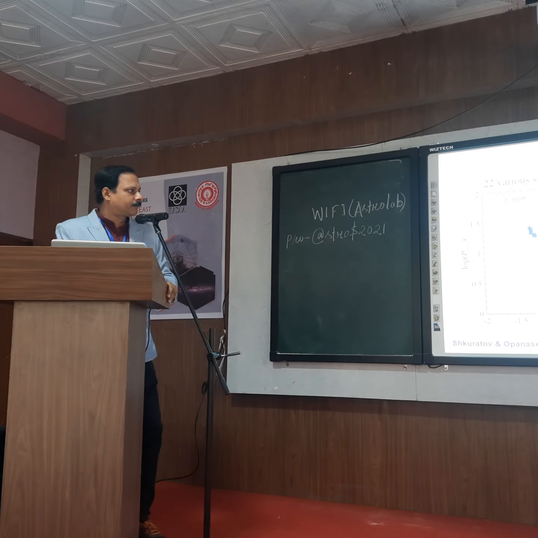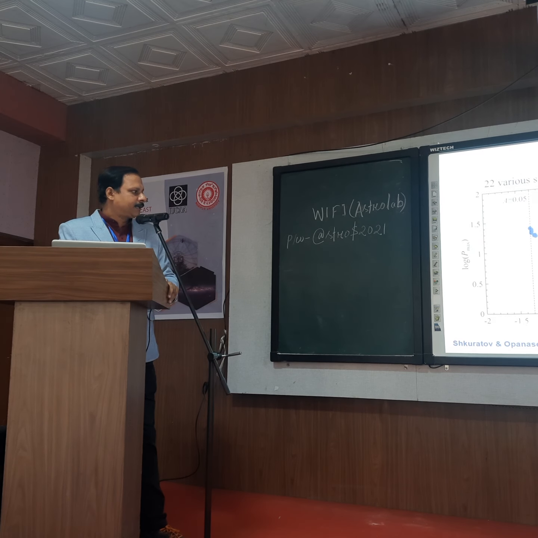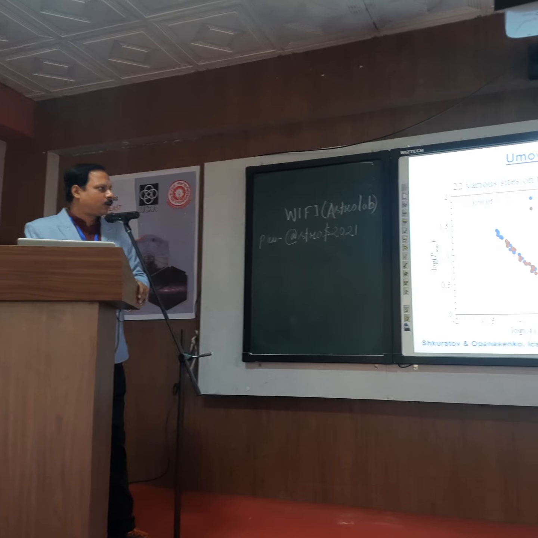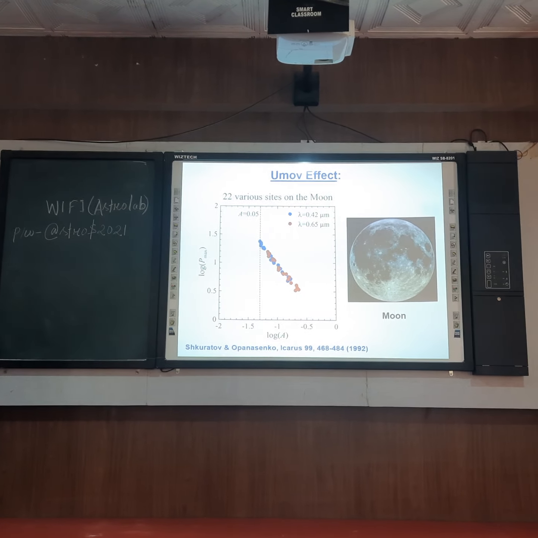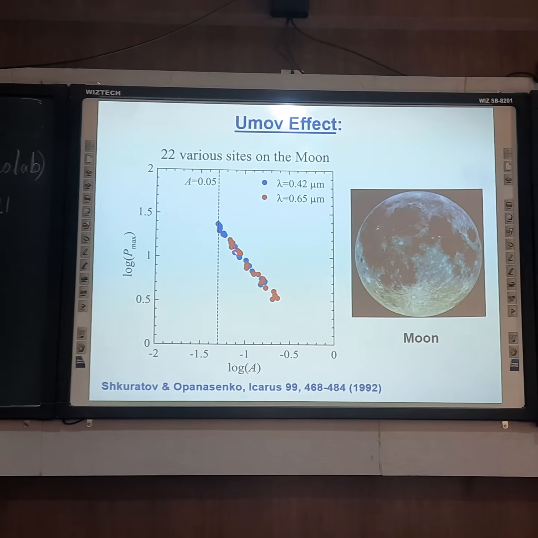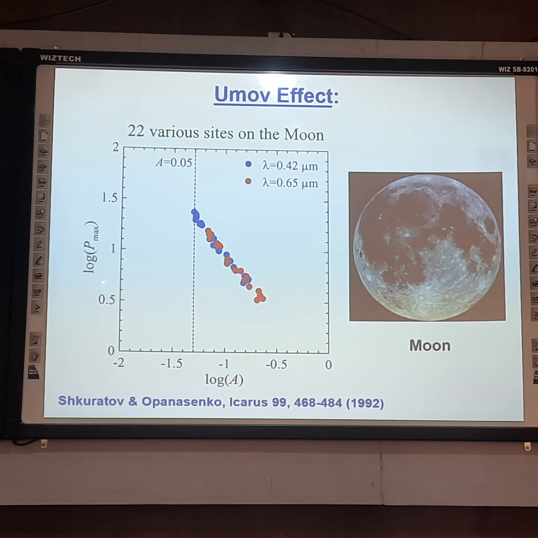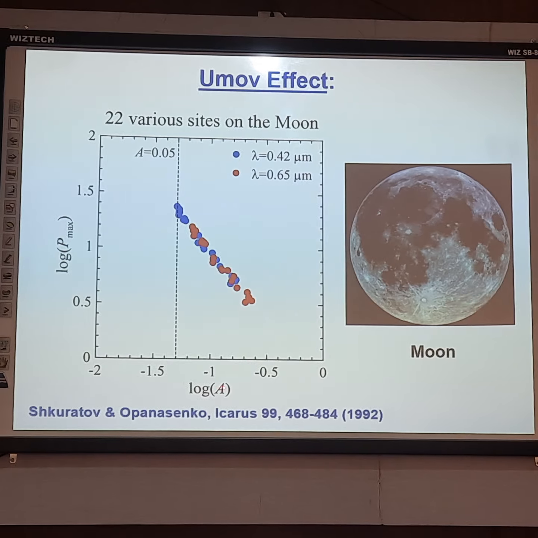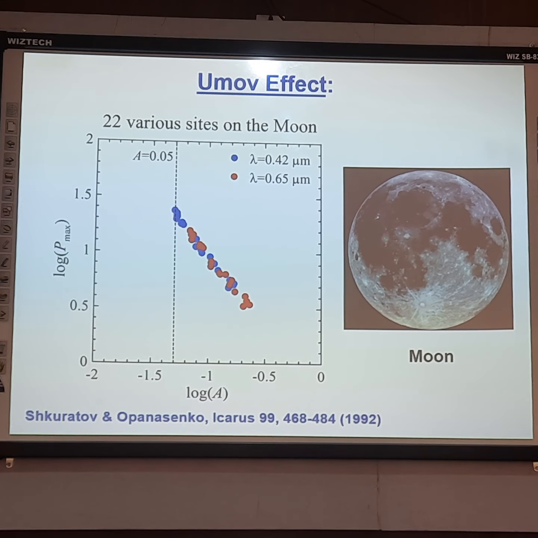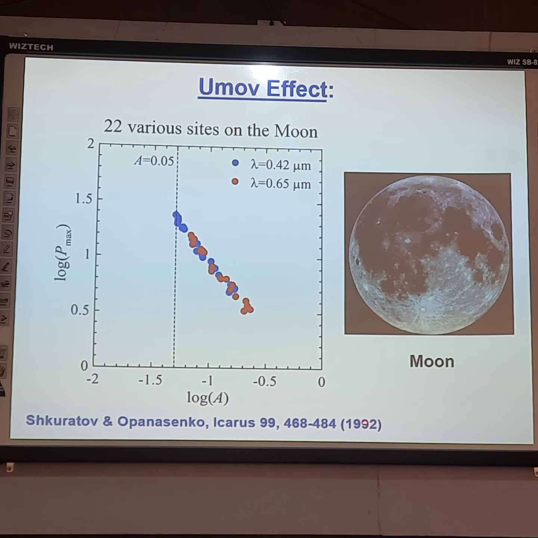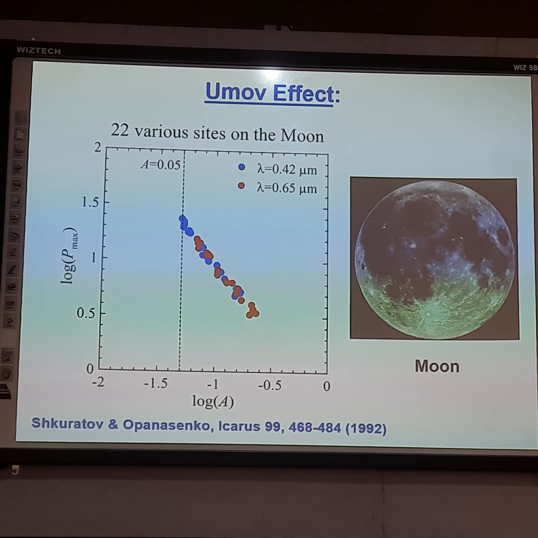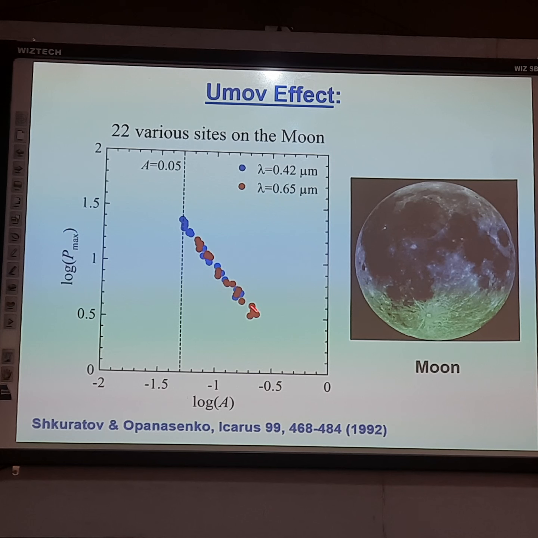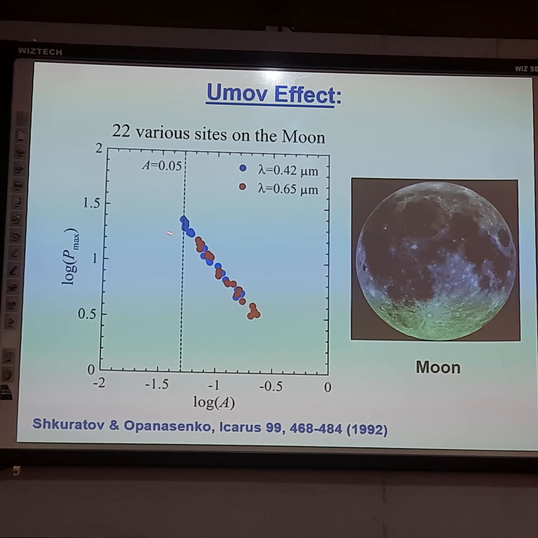Moon, different sides of the moon, and you can see this is the albedo of the moon at different locations of the moon, and this is the Pmax also calculated from the Earth, and you can see there is a clear correlation between polarization maximum and albedo. So experimentally it is true, and it was done by one of the pioneers in this field, Shkuratov from Russia. In 1993 he published this work, and you can see in both the wavelengths it is showing a very nice correlation.